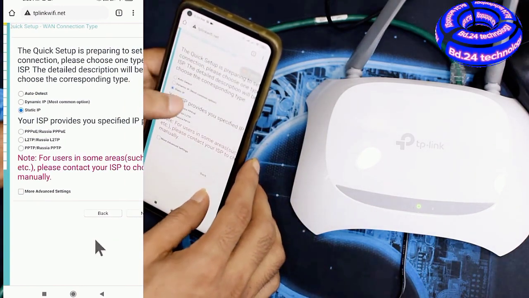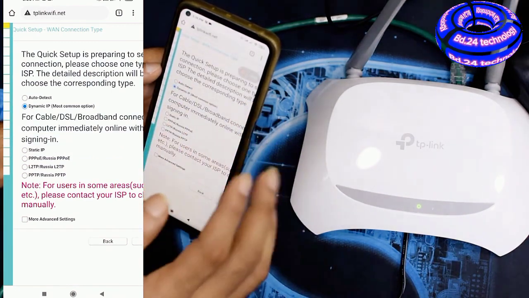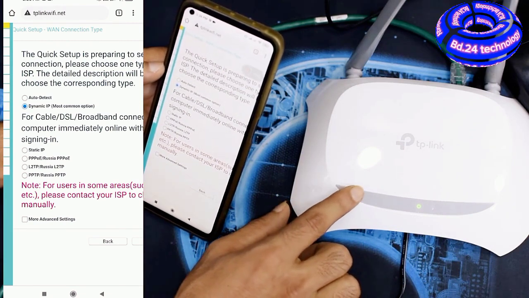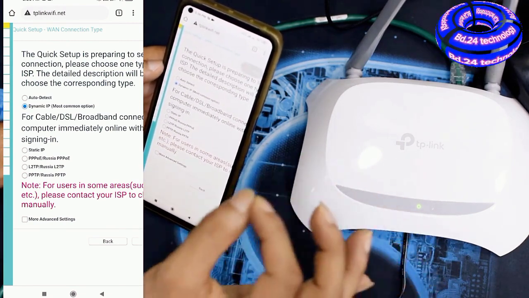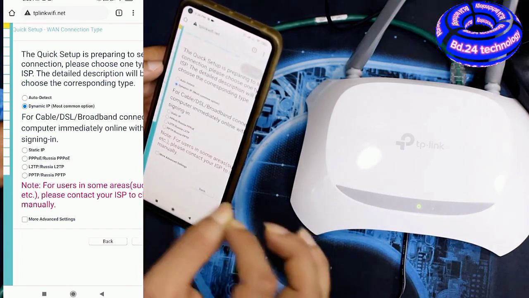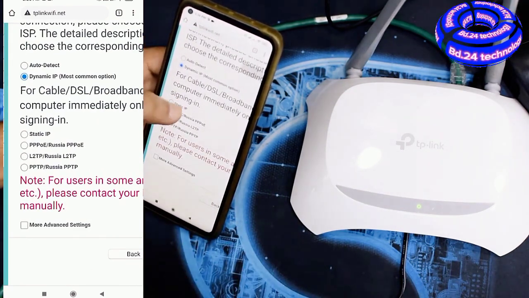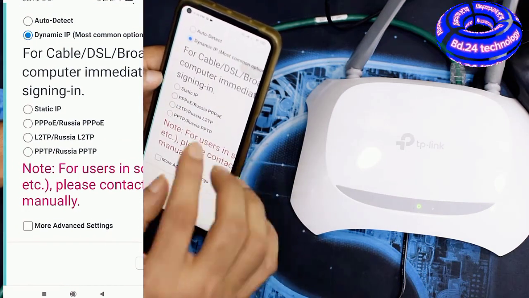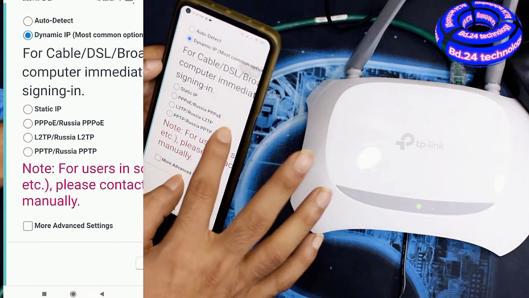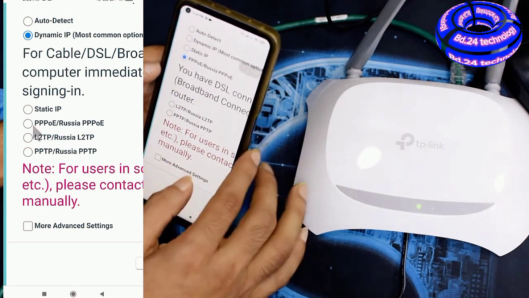But for now, I will not use any of them. I will use only dynamic IP, okay? Dynamic IP, because I am not using this router to access internet from ISP. I am using this router to access internet from my another router, okay? So it will automatically detect the dynamic IP from my router. But most important thing is, if your ISP, internet service provider, give you username and password, you need to select PPPoE Russia, okay? So select PPPoE Russia,